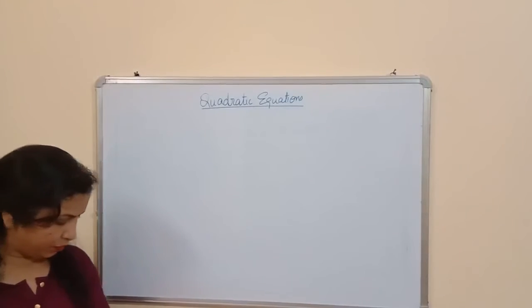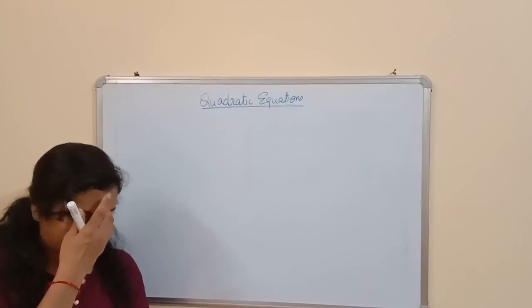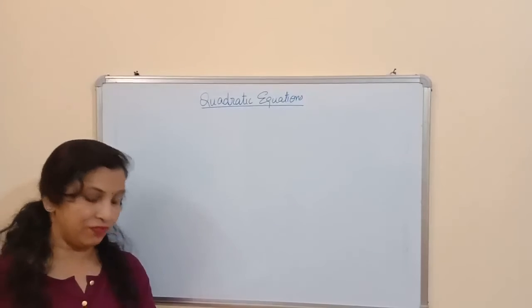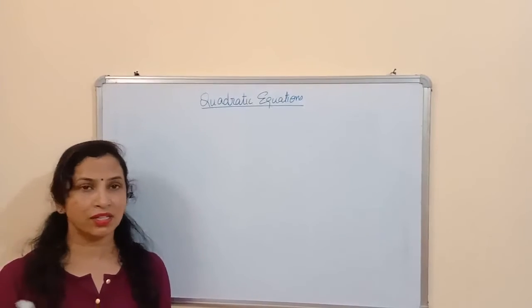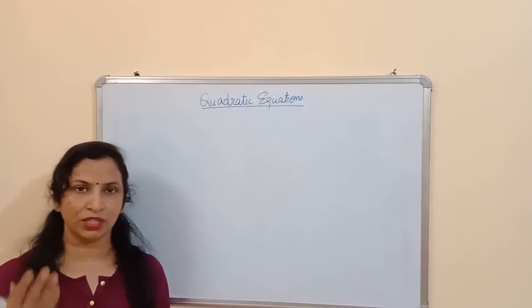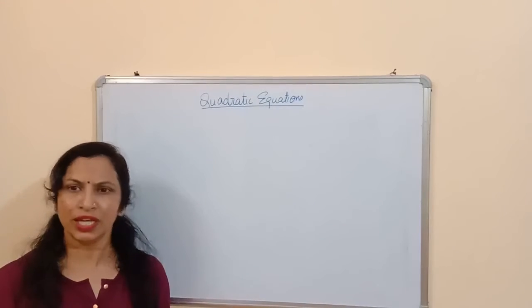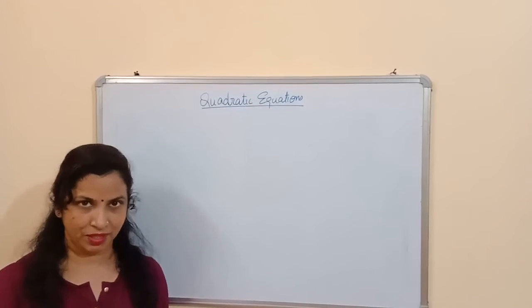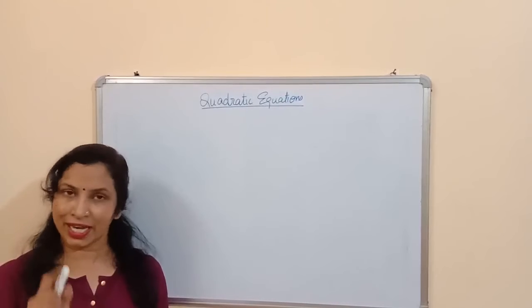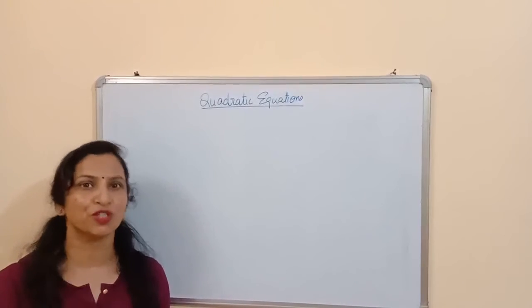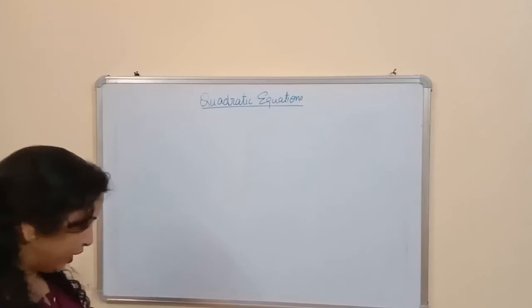Question number 11. Sum of the area of the two squares is 468. In this case, again we are finding that it's uncomfortable to solve it by using only one variable, that is x. So here again we can use x and y. In case I am using x and y, I have told you that you will apply the substitution method. So the sum of the area of the two squares.